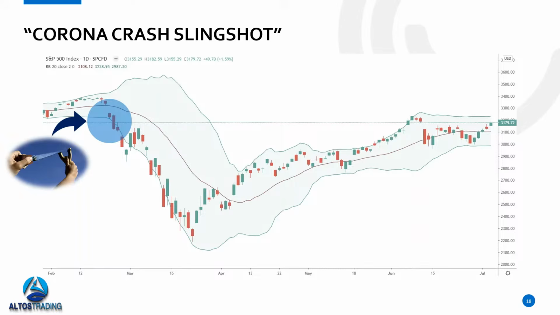When we get that breach of the lower Bollinger Band, we have to have a simultaneous divergence of the outer bands. And see how that happens? We go from relatively narrow outer bands to widening or diverging outer bands. This is a confirmed slingshot. And this tells us that the market is likely to rotate lower.